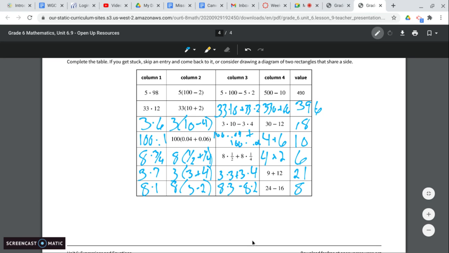Now, obviously, on some of these, we don't really need to take and expand it out like this. That just makes more work to find the answer. But on ones like 33 times 12 and 5 times 98, using this can help us, and eventually we'll throw in variables into this and use the distributive property with our variables as well, and this will keep expanding. So the distributive property will keep expanding more and more as we progress through